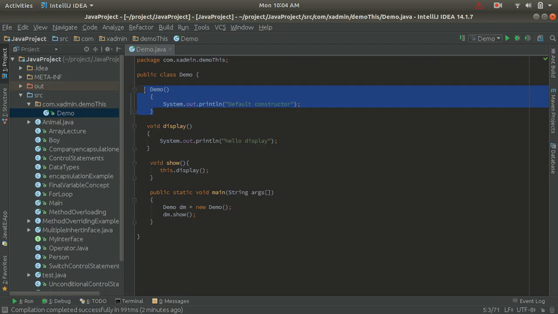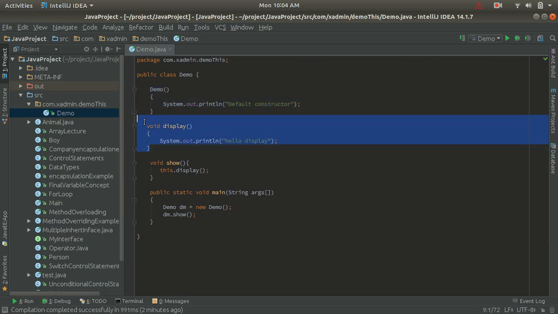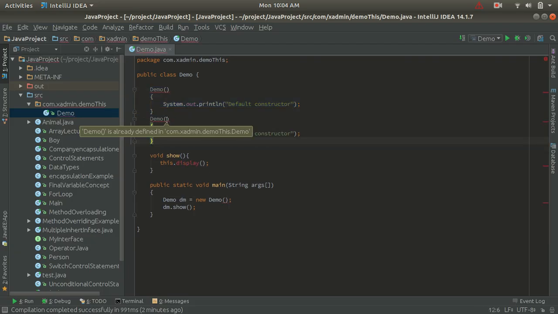And I'm going to create one more constructor, which will be a parameterized constructor, and inside it let's print SOP, parameterized constructor, right?